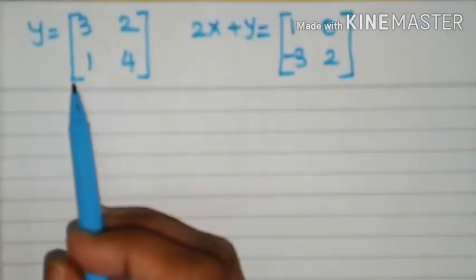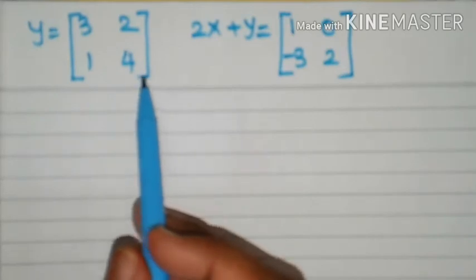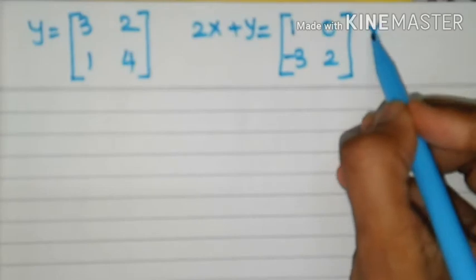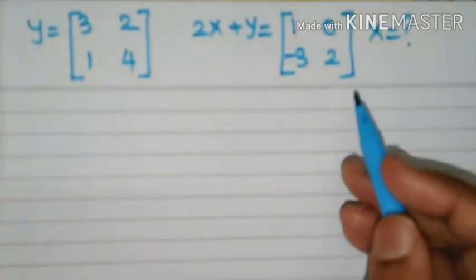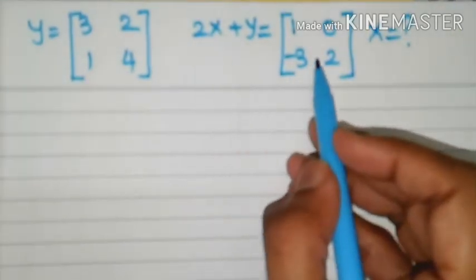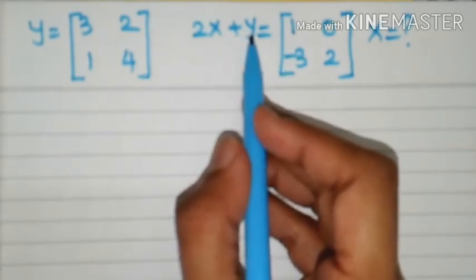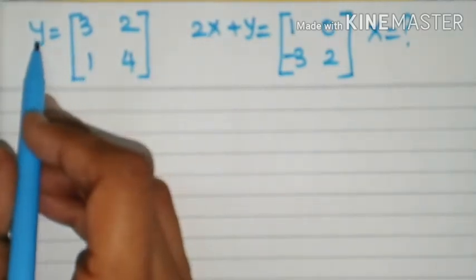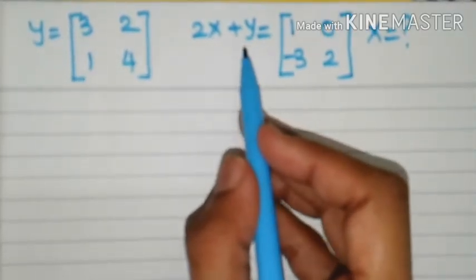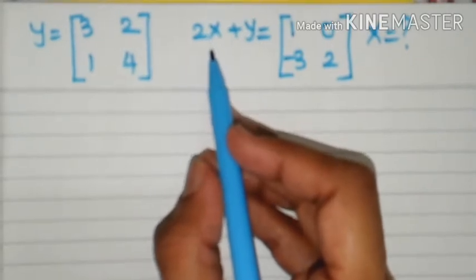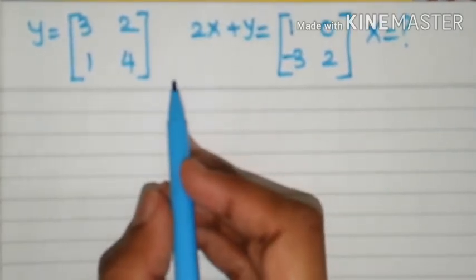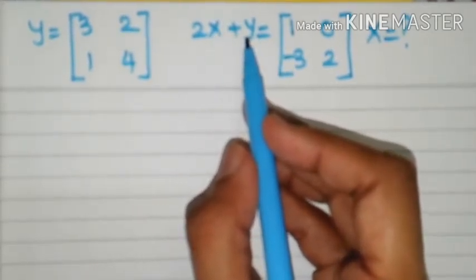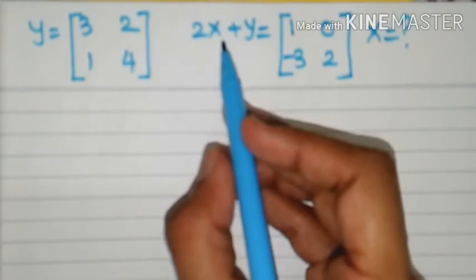So friends, the 8th question is that y is this 2 by 2 matrix, and 2x plus y is another 2 by 2 matrix, and we have to find the value of x. So friends, this is very similar to linear equations, where we are given an equation and one value of the variable and we are asked to find the other variable. So what do we do? We have to substitute the value of y in this equation. We will easily get the value of x. So just like we solve linear equations, we have to solve this type of equation. The only difference is that x and y there were just numbers, whereas here they are actual matrices.